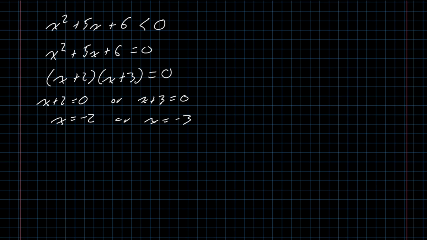And why did we do that? Well, we know that if you want to transition from being greater than 0 to being less than 0, or from being less than 0 to being greater than 0, you have to pass through being equal to 0. And so if we think about where these fall on a number line, negative 3 and negative 2 right here. If I pick any point to the left of negative 3, like say negative 4, and I plug that into the original inequality,